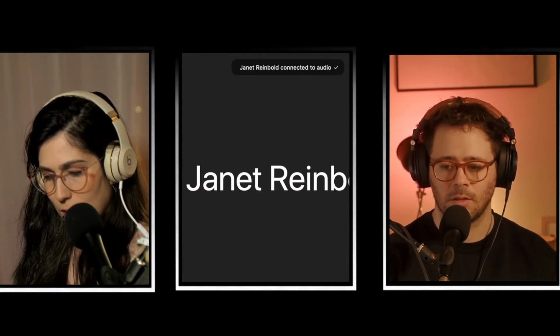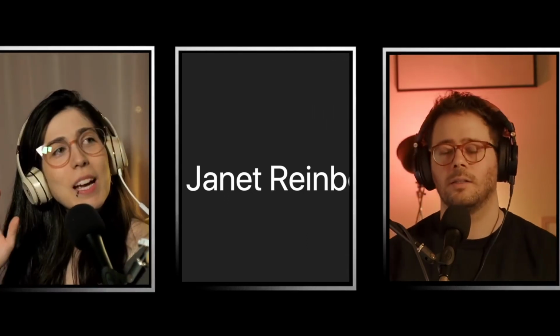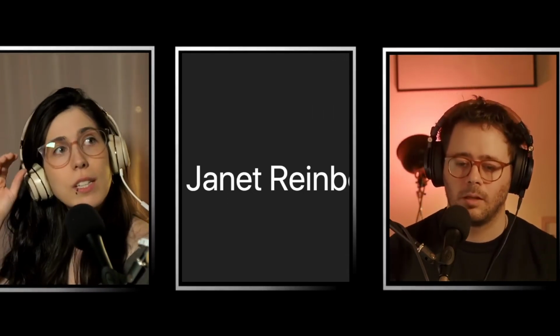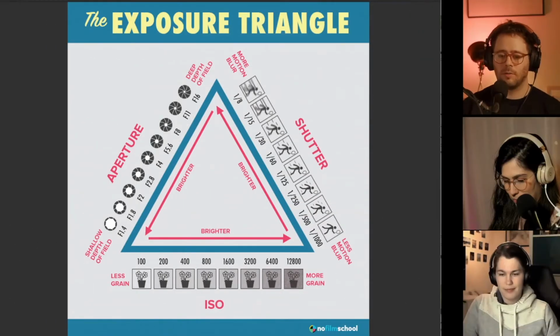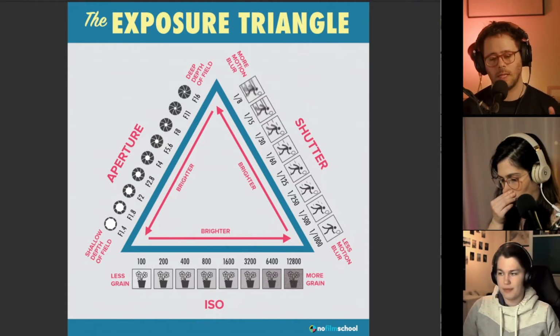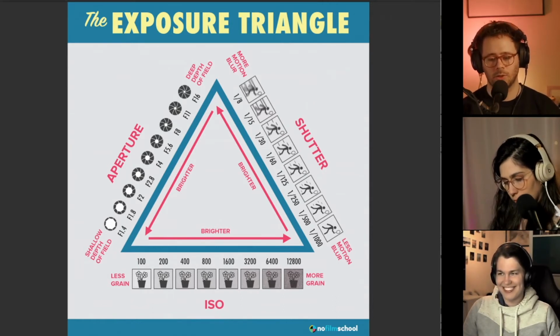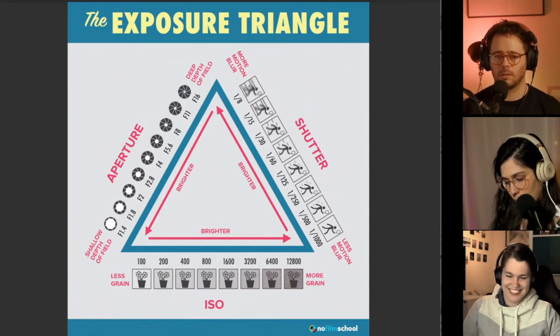Someone said, damn, I never knew photography is so complicated. Yeah, it can be very simple, but you can also get very into it and get all these different details. That's how it feels in the beginning. But as soon as you practice, you focus on one line of the exposure triangle, which we showed earlier. I'm going to bring it back and put it on the screen. If you focus on only one of these aspects and keep trying and testing it until it becomes second nature, in a couple of weeks you will figure it out.